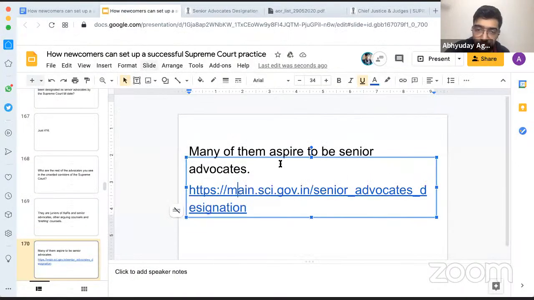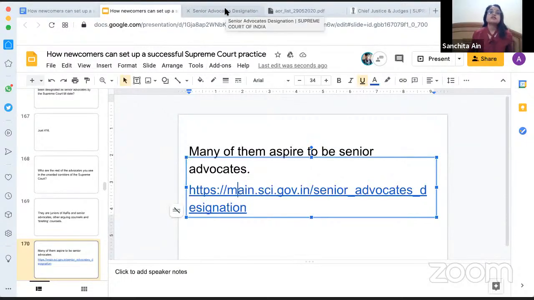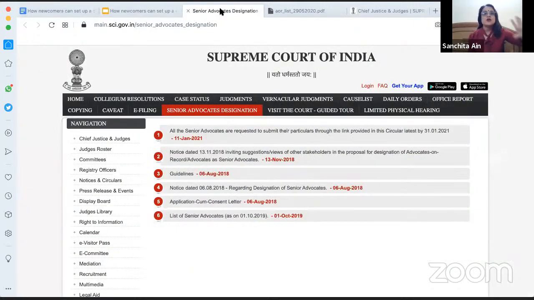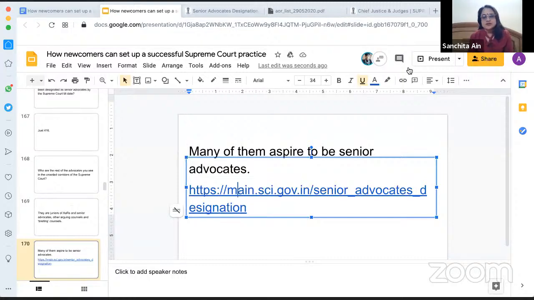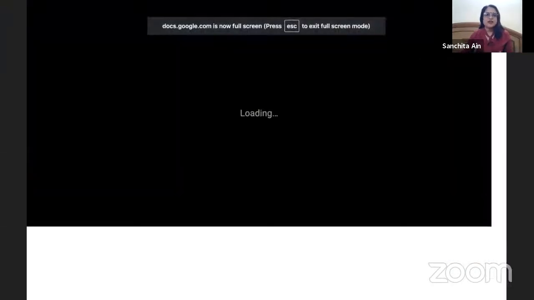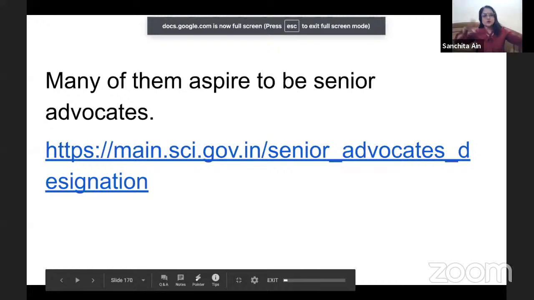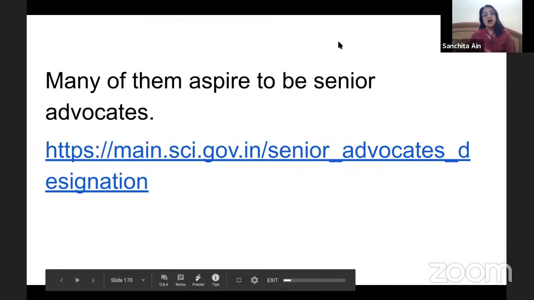Right. Okay. Many of these arguing counsels in the Supreme Court, they aspire to be senior advocates. So I told you, there are just 2,777 AORs. So there must be other arguing counsels. So why are they not becoming an AOR? I'm just trying to show you all sorts of career paths you have. So there are advocates who do not aspire to become AORs. So that's not the only route. There are some advocates who aspire to become senior advocates and they think they can continue to argue matters and they can be designated as senior advocates.